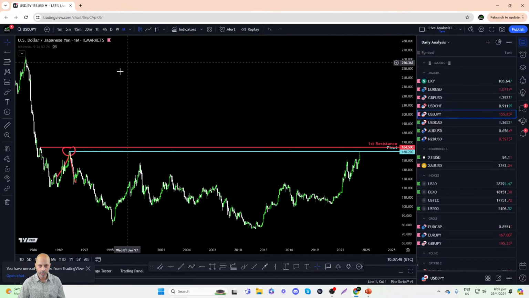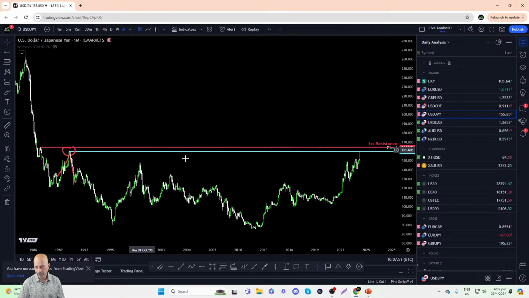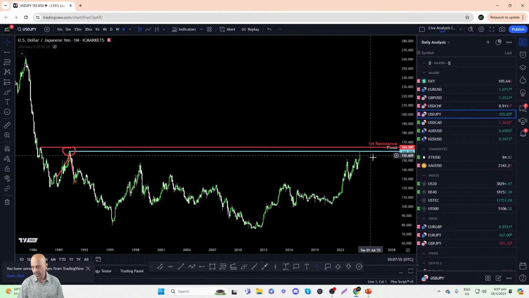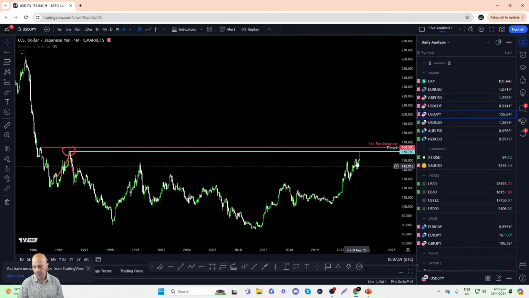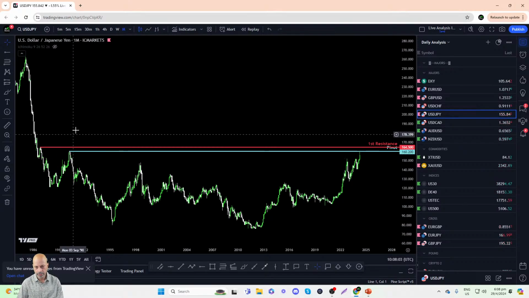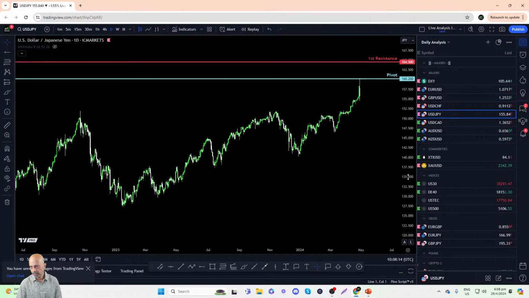Take note, we're performing the analysis on the monthly basis because quite clearly dollar yen is definitely not at all-time highs, of course, but is trading at a 34-year high. So it's really extended levels for dollar yen here. Right, so you can see this is how we've identified the pivot and the first resistance for dollar yen using the monthly time frame. Now let's zoom back down to the daily time frame and see if we can fine-tune